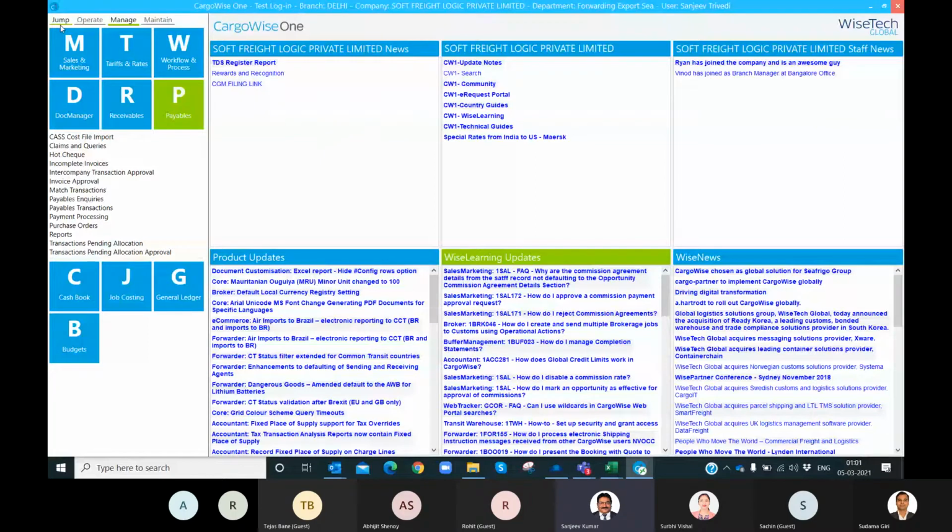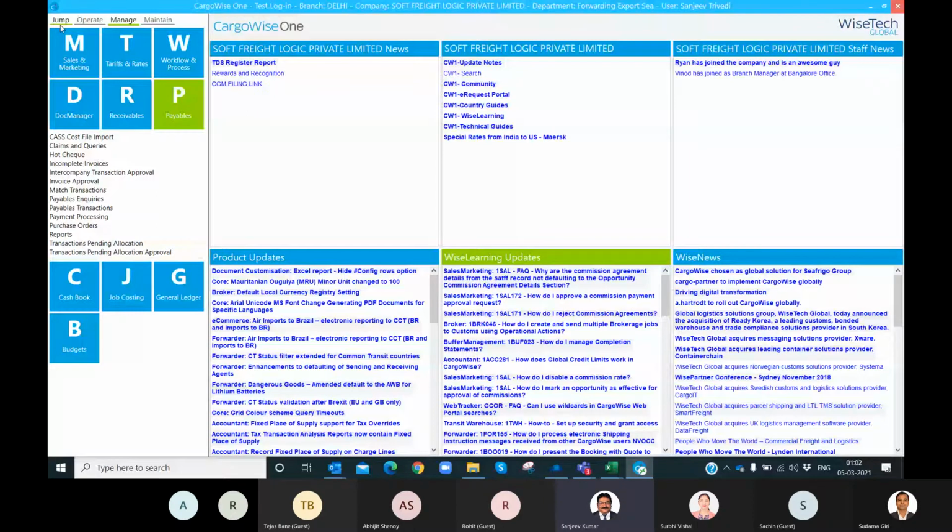And for that there will be a slab, like authorization settings for invoice approval. Suppose you want that up to 10,000 only level 1 can actually approve. Up to 50,000, level 2 will also be involved. Up to 1 lakh, level 3. So this kind of configuration can be done inside CargoWise.